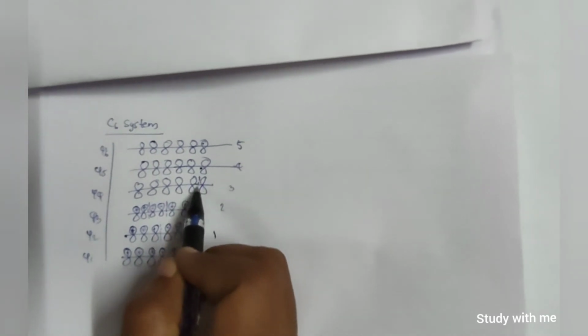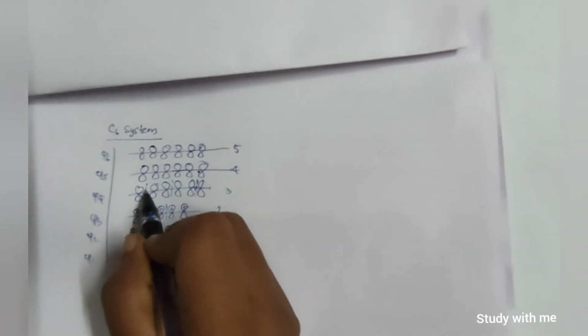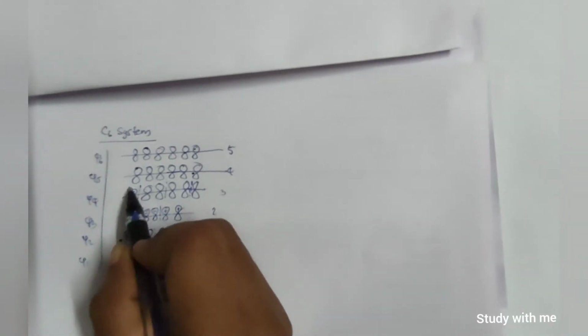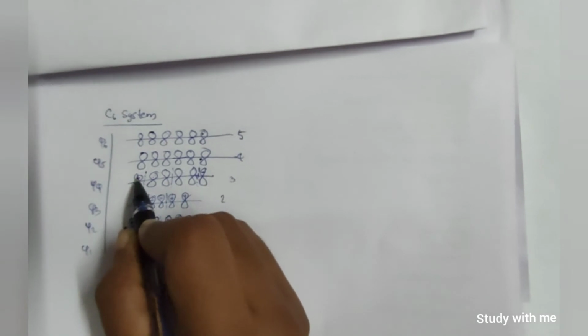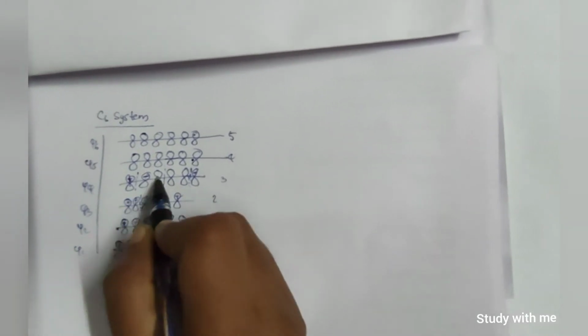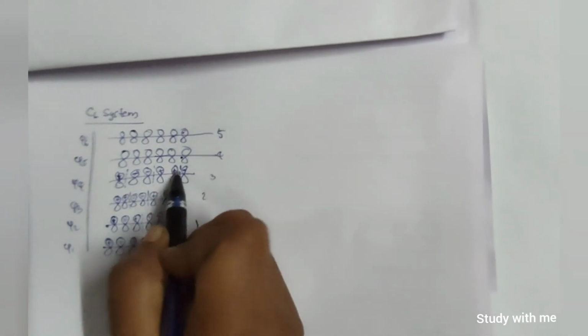In the next one, psi 4, we have to introduce 3 nodes. So I introduced 3 nodes here. One will be here, one in the middle, and the third one at the end. So the first one will always be what? Positive, and the last one will be alternative: positive, and here negative. So these two will be negative and positive. So here is the positive one, so this will be negative. These two will be the same sign, so this will be negative. So this will be what? Positive. This will also be positive. This will be different, so this is positive and negative.